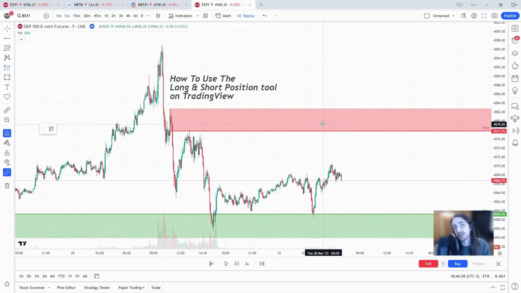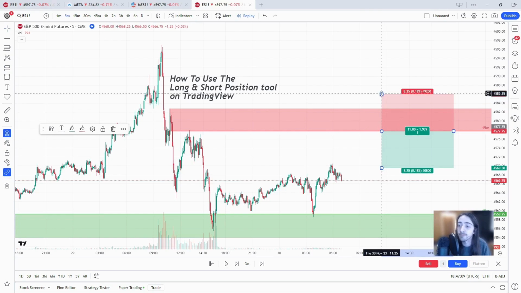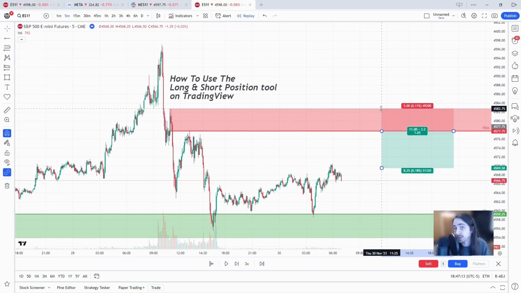For me and the community that we trade with, we like to trade supply and demand. So our entry point for a short position would be in the supply zone. So I would click where I would want my entry to be, which is 45.77.75. And I would drag to my stop loss, the top of the zone, or wherever your stop would be, which in this case is